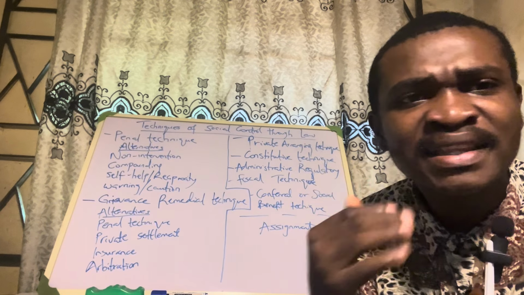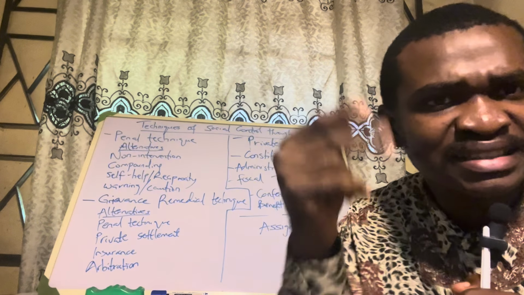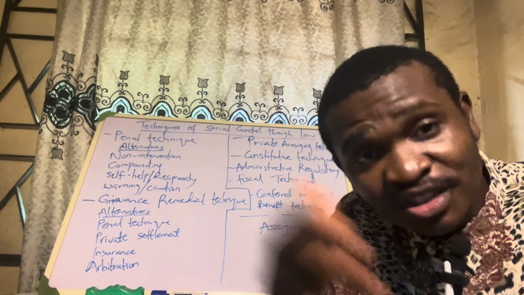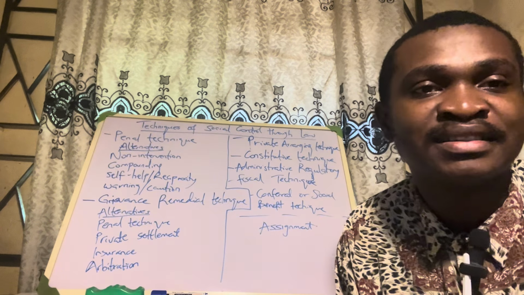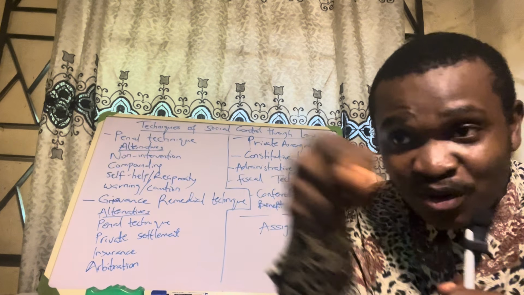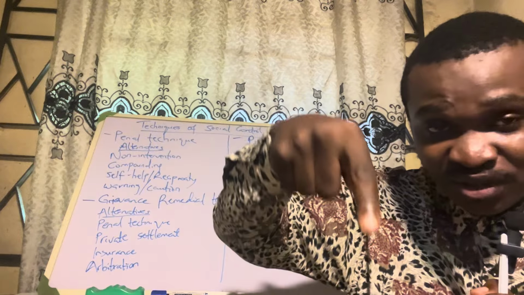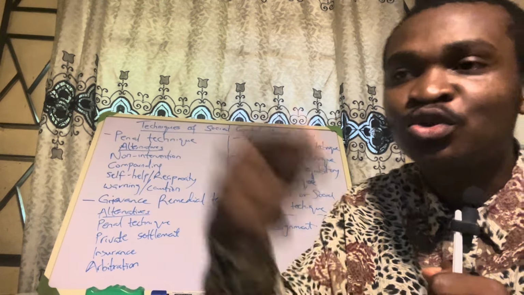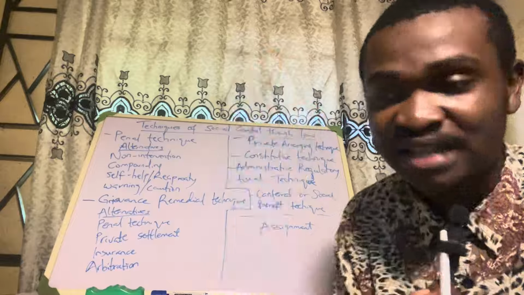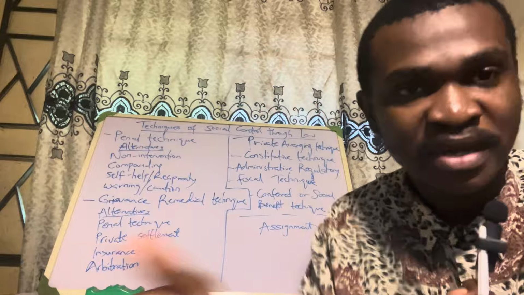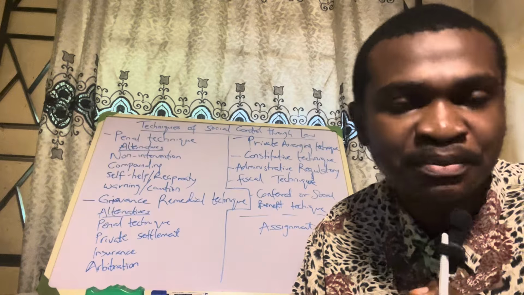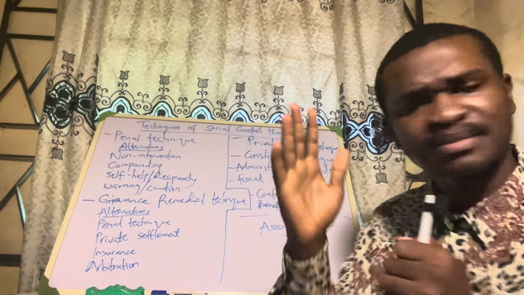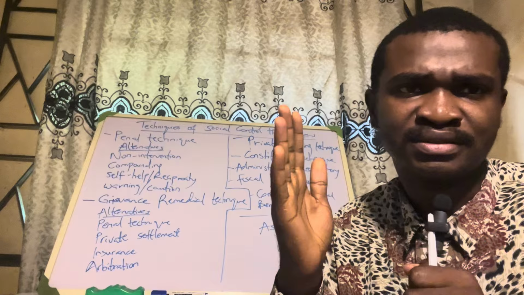You cannot enter into a contract with somebody to go and assassinate somebody, because it is not within the legal framework or what is legally right. But there is a legal framework. That is how you will enter into that contract. But you have to choose how you are to pay. It is your own volition. You can choose that. How do you pay? When do you pay? Will you resort to arbitration? Will you go to court if there is a breach? So that is the private arranging technique.